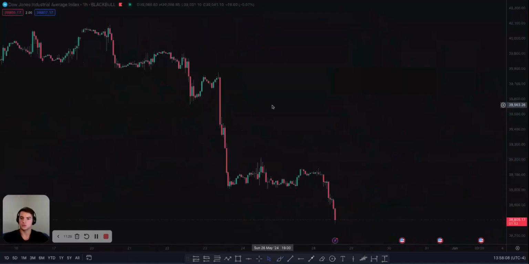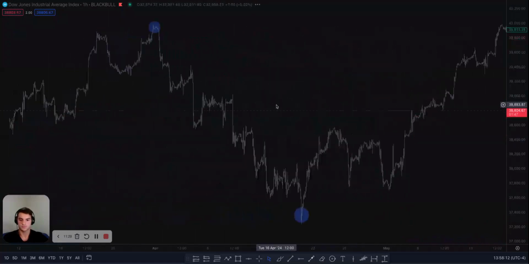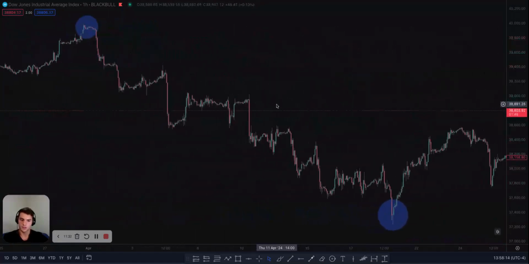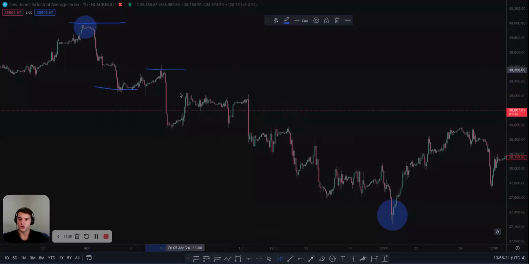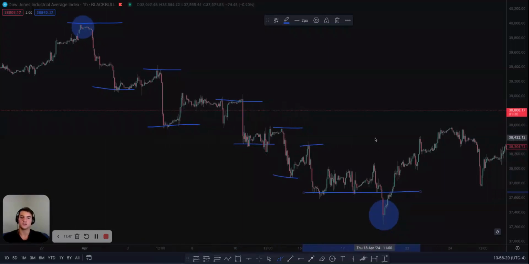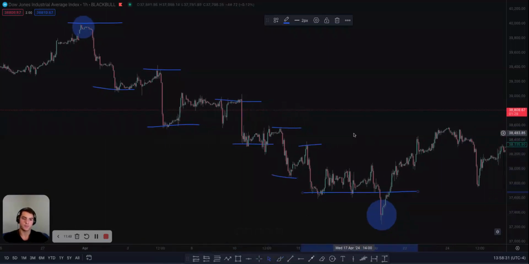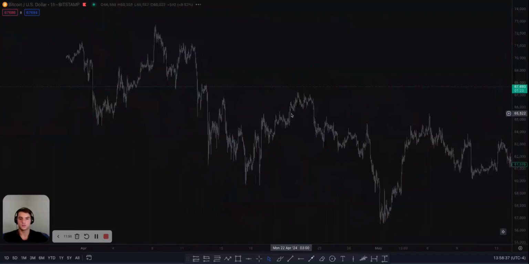Let's go now to US 30 Dow Jones. Again, you start with the high, you form a low, lower high, lower low, lower high, lower low, lower high, lower low, lower high, and you guys understand the point, right? This way you can trade with the trend. All right, now Bitcoin also,